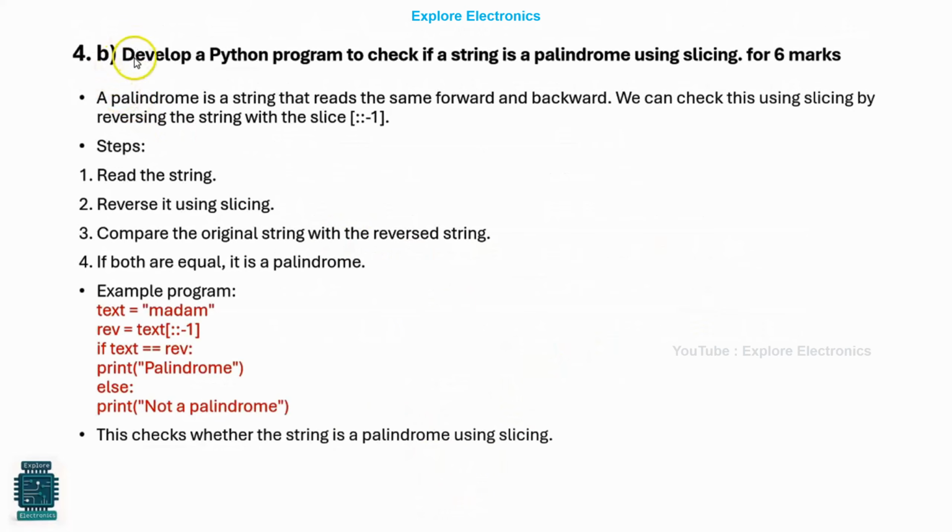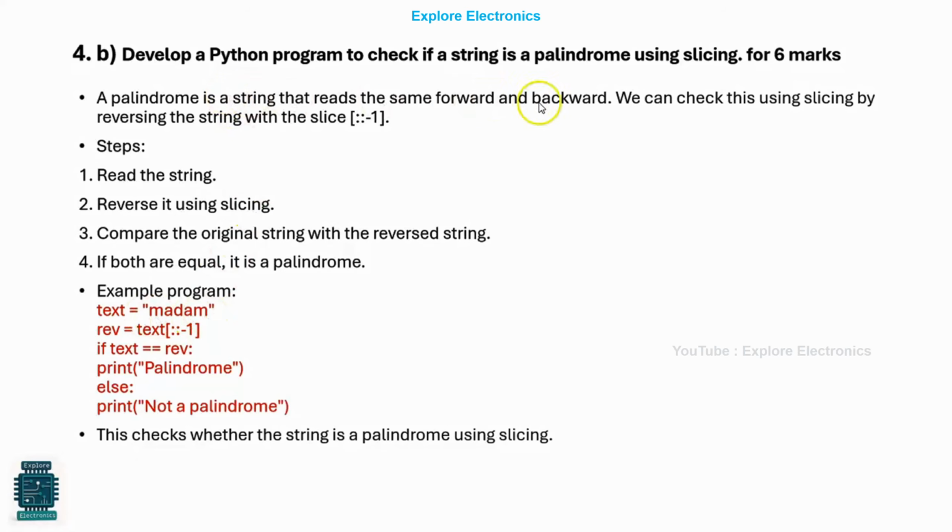And the next question is, develop a Python program to check if a string is a palindrome using slicing. This is asked for 6 marks. Let us see, a palindrome is a string that reads the same forward and backward. If I am reading forward, it is madam, and backward also it is madam. Clear? Refer, level, those are all